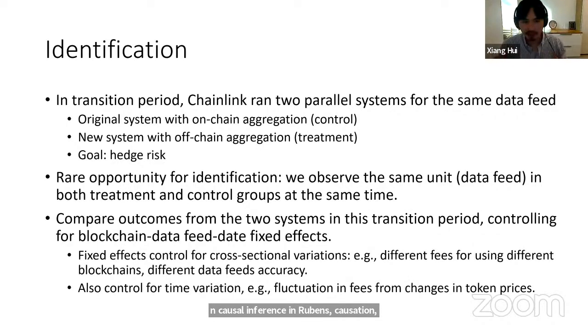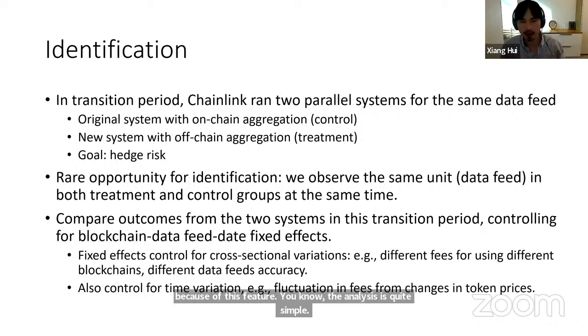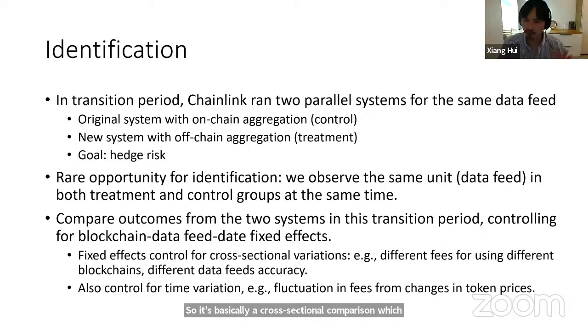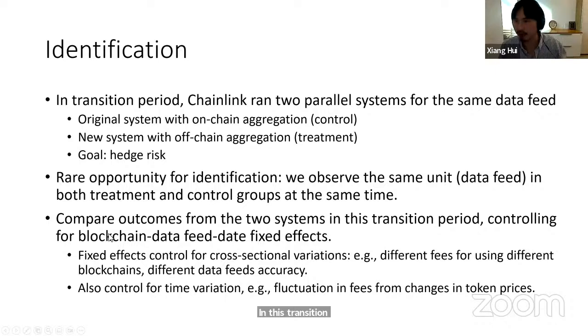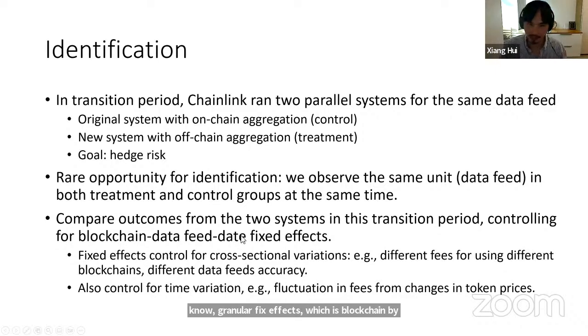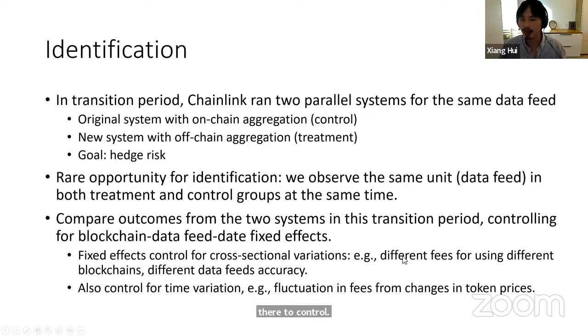Because of this feature, the analysis is quite simple. It's basically a cross-sectional comparison, which compares the outcomes from the two systems in this transition period, while controlling for granular fixed effects, which is blockchain by data feed by date fixed effects. And the fixed effects are there to control for unobserved heterogeneities, both cross-sectionally, like